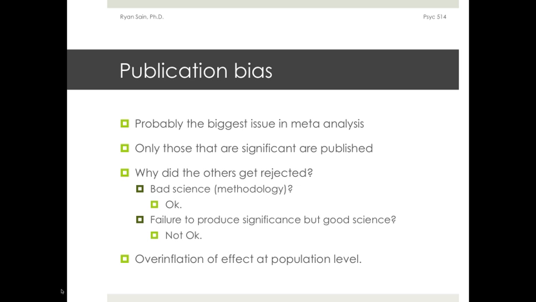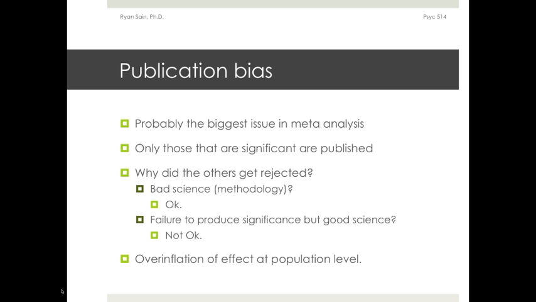Essentially, the conclusion of what happens with publication bias is just an overinflation of effect. And that effect is at the population level. We'll likely conclude that this intervention, or whatever it is, will work at the population level, when in reality it might not, because there may have been a lot of studies that were done that never got published that showed that it wasn't effective. Now, that said, people are well aware of publication bias, so in the last decade or so,